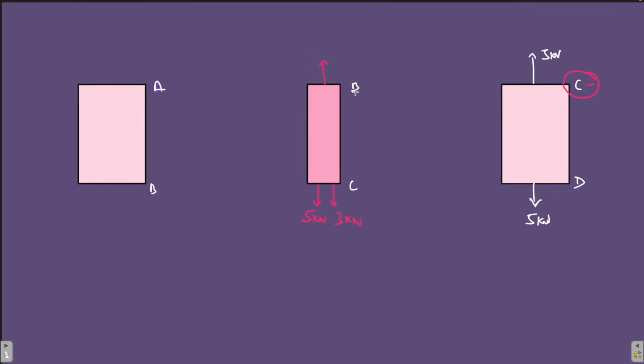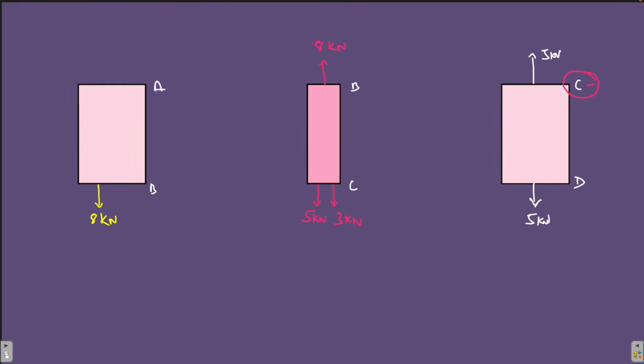5 plus 3 is how much? 8. So 8 kilonewton in the upward direction. So the forces in the bar BC is now balanced. Okay, now we have added this 8 kilonewton at point B, which was not there. So we have to add another 8 kilonewton just opposite to this 8 kilonewton so that point B is balanced, right? So this 8 kilonewton force will be acting here. Okay, so this 8 kilonewton and here 8 kilonewton will be balanced at point B. So forces at point B is balanced.